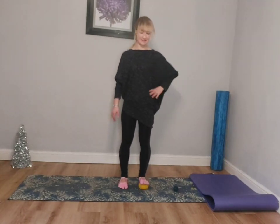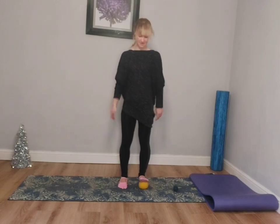if you were going to do this first thing in the morning. So press 4, 5. Then do another 6, so let the digits curl over the ball and then spread back out. So press, release. So for 3, 2, so it's just a little rock back and forth, 1. And then from here, lift the heel off the floor and you're going to roll through the centre of your